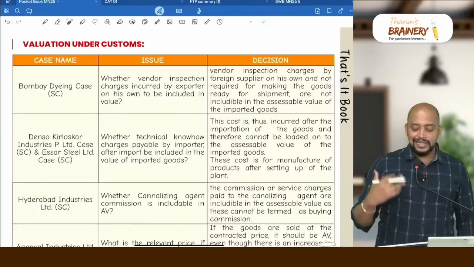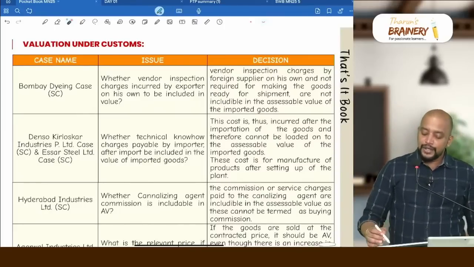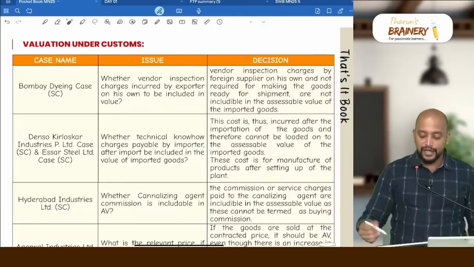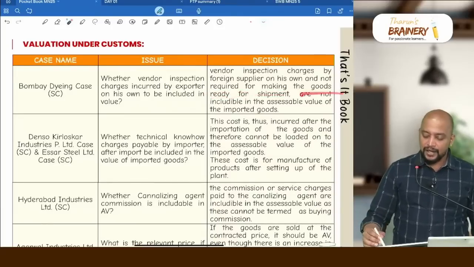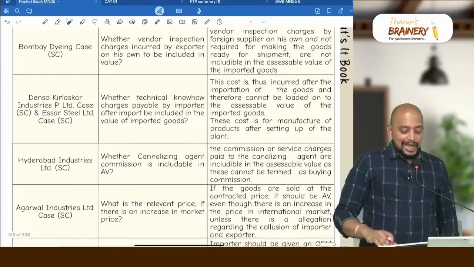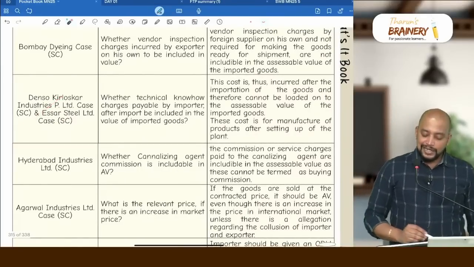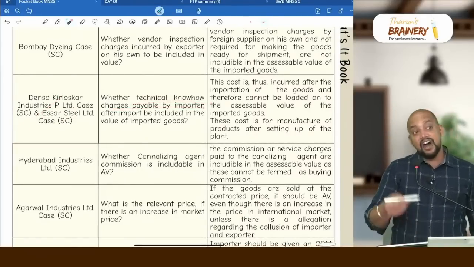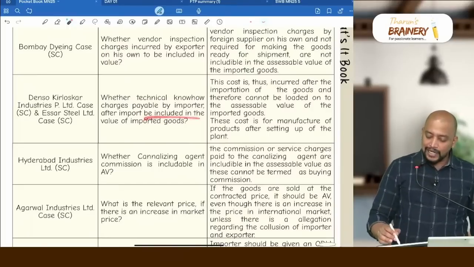When he is not charging, why do we need to include it in the value? Vendor inspection charges by a foreign supplier on his own account, which are not required for making the goods ready for shipment, are not includable in the assessable value of the imported goods. And Denso Kirloskar Industries: whether technical know-how charges payable by the importer after import should be included in the value of